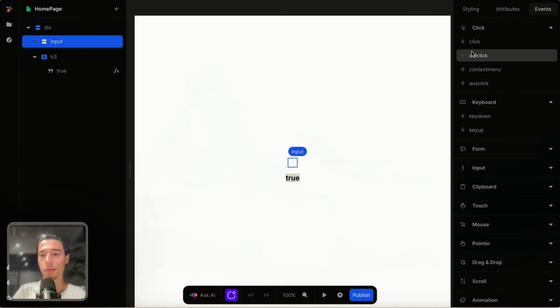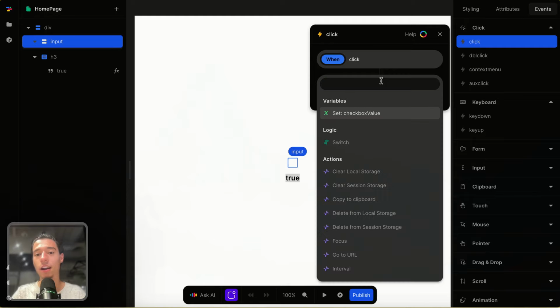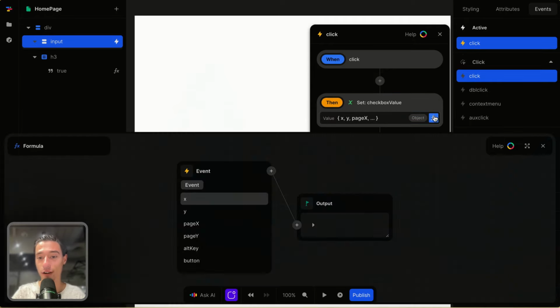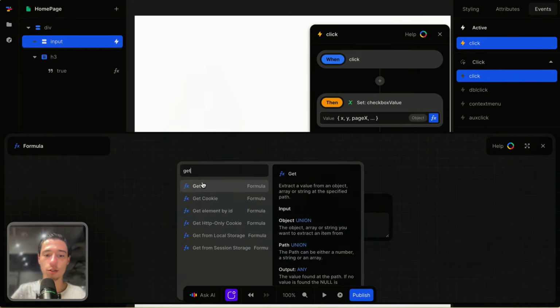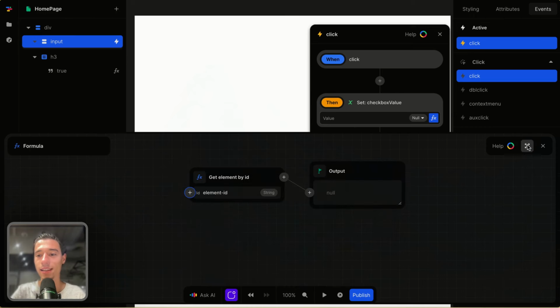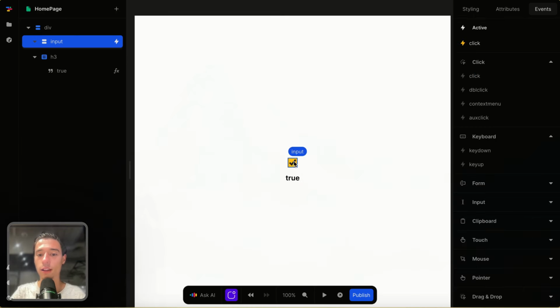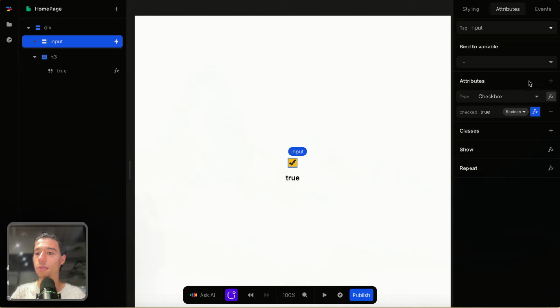I go on this checkbox and I look for a click event, and on click of this checkbox, I'm going to set the checkbox variable. Now, there's no data here that I could use. The event data doesn't help me. So I need to go to get element by ID. And now we go on this input here, and we're going to give this the attribute of ID, and we'll make that checkbox,